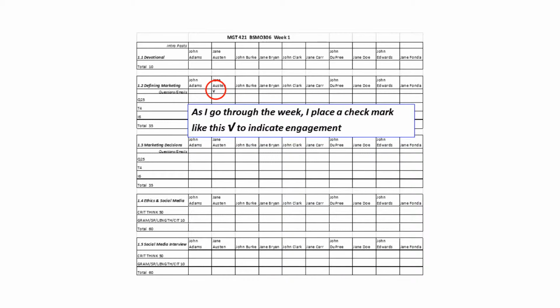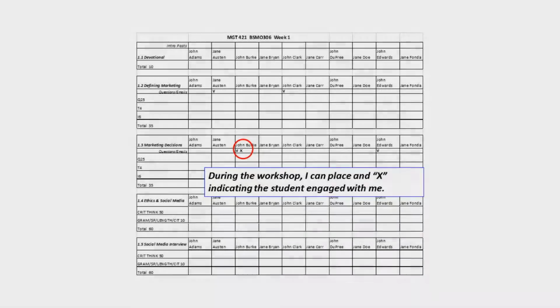So in other words, I have a place on my grid where I can make a check mark if I actually posted a question to that student. If that student does not respond to me, there's only one check mark under their name as opposed to an X next to it. So I put a check mark when I post a question to a student and an X when they've responded to me, telling me that that student is done. If I have a check mark without an X, then that tells me the student did not respond to me,